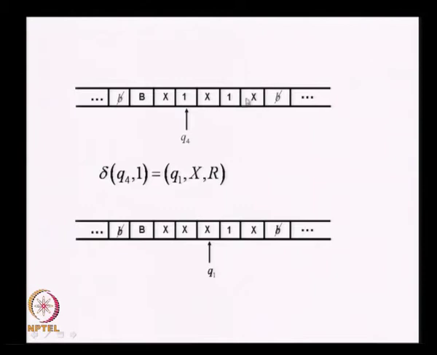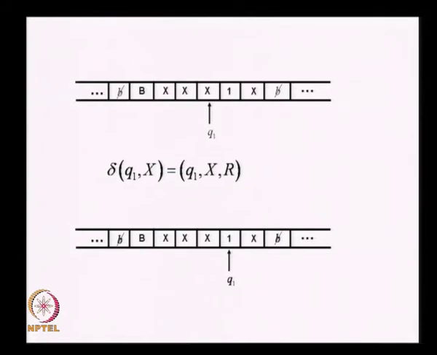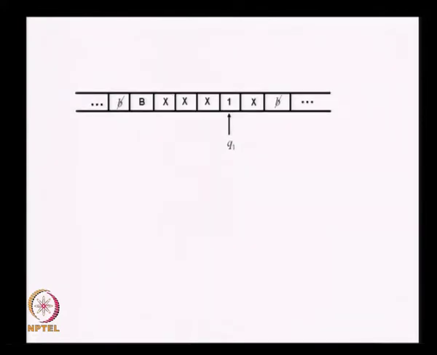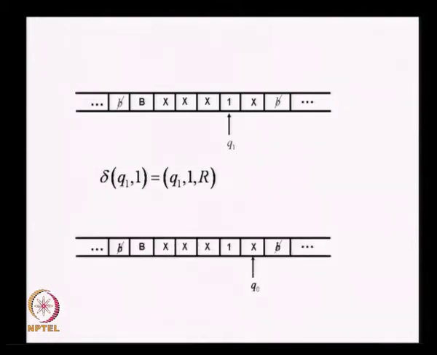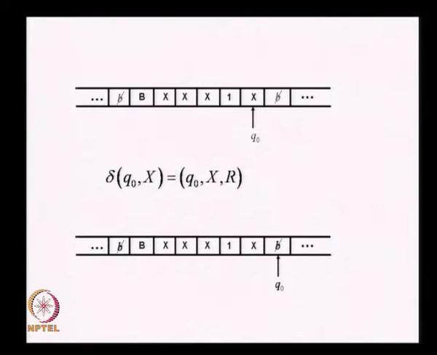Here again there are two ones, it changes alternate ones into X's. So, this one it changes into X, but this one it leaves out, moves right, uses this mapping, moves right, but does not change this one and again moves right, and in this position it reaches X in state Q0 and delta of Q0 X = Q0 X R, uses this move and goes to the blank.